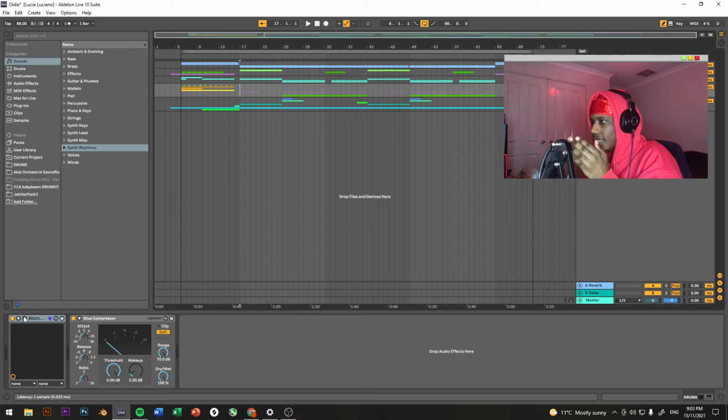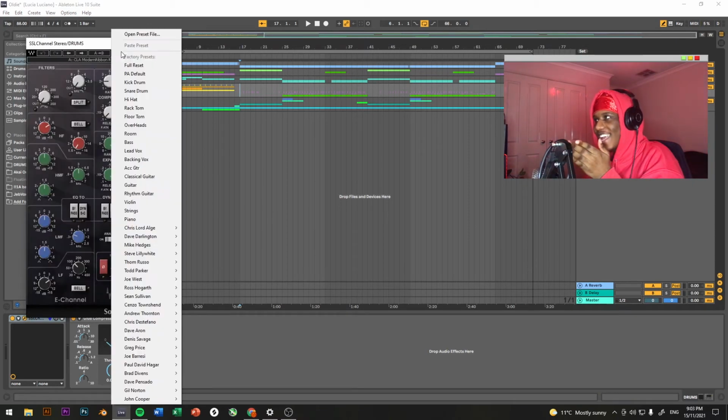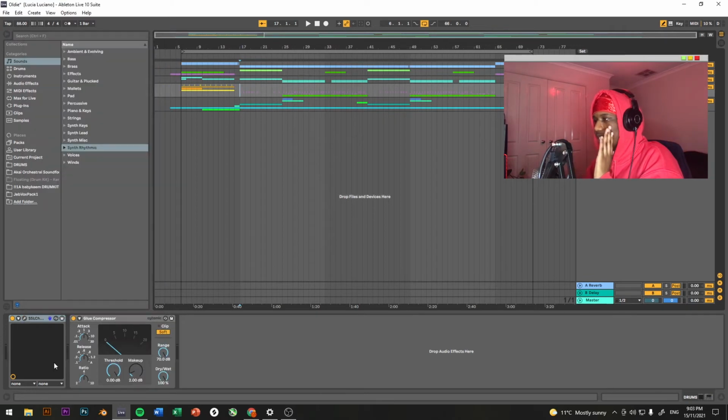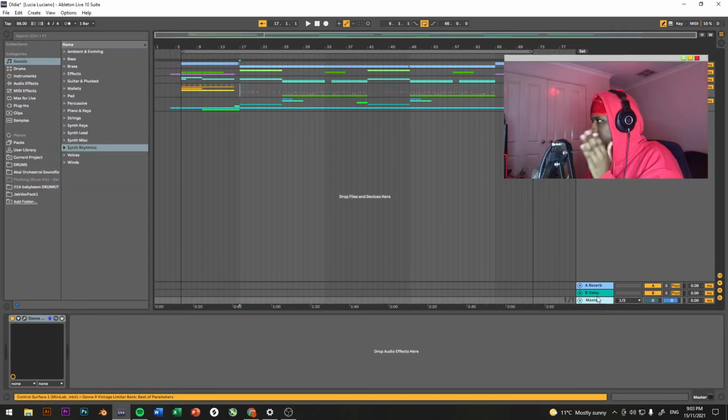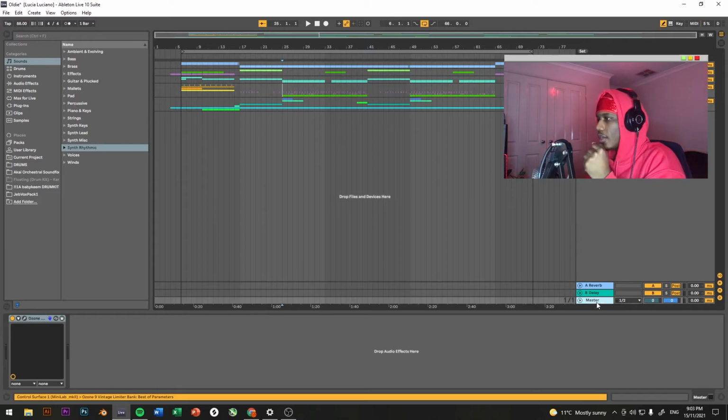So for the mixing of the drums, I didn't really do much. As I always do, I just added the SSL preset and then I did some glue compression to it to make it sound a bit harder. Using compressors and EQs can really make your drums hit harder, and I know for Ableton users it can be really hard sometimes to make your beats hit hard, but trust me, if you use a good compressor, even a limiter can really make those drums hit a lot harder.